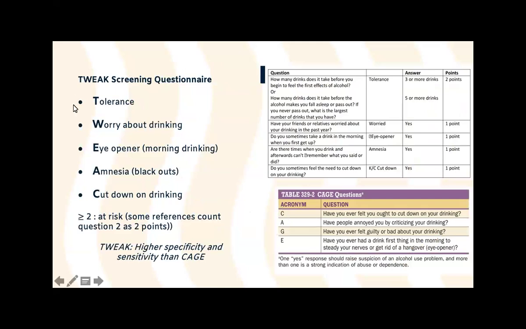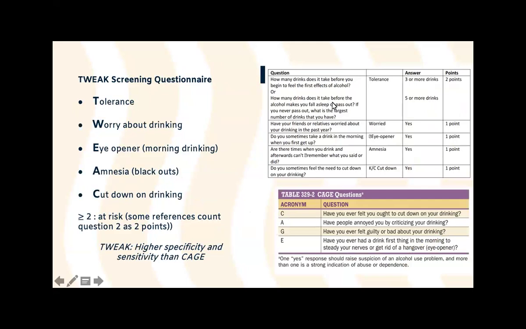So this is what the TWEAK questionnaire looks like. TWEAK stands for tolerance, worry about drinking, eye opener, amnesia, and cut down on drinking. You can see it's similar to the CAGE. It's got a higher specificity and sensitivity. Some of the questions are the same, but the two that are different are tolerance